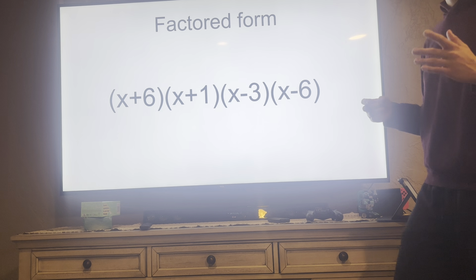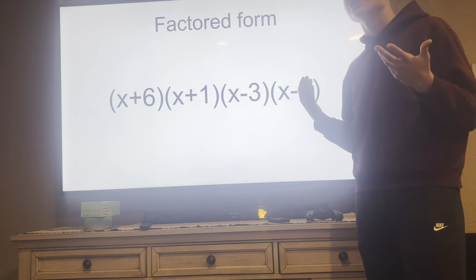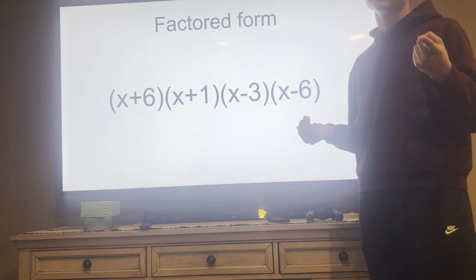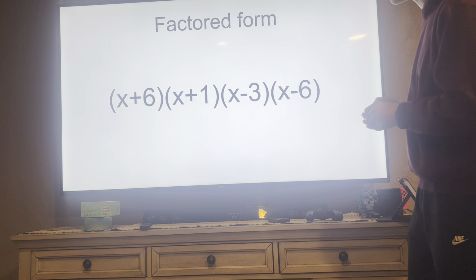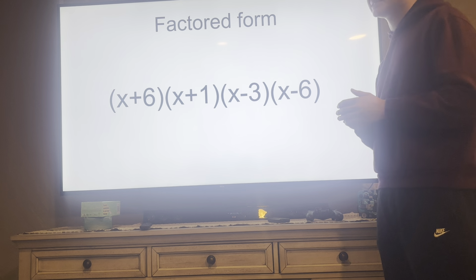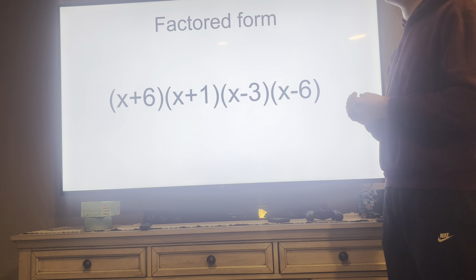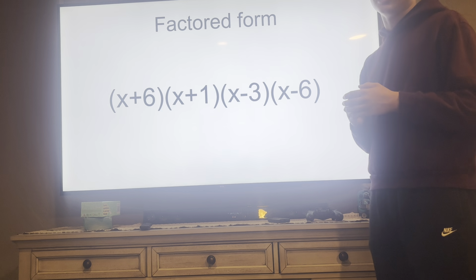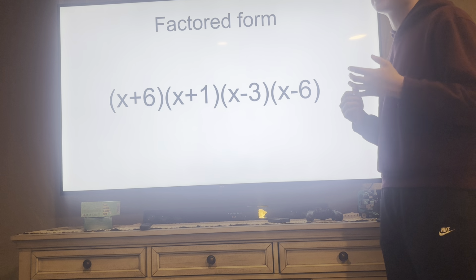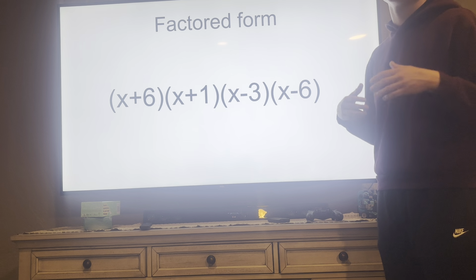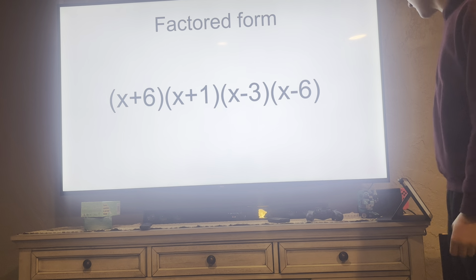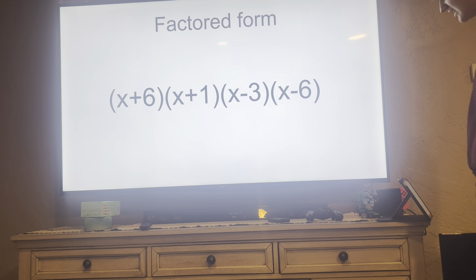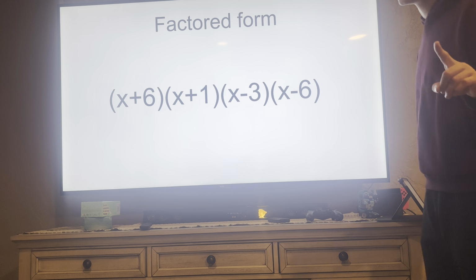And if you have an imaginary solution, those always come in pairs. That's always important to keep in mind. I don't use any for this purpose, but just remember, if you have an imaginary solution like 3 plus i, it wouldn't just be 3 plus i, it'd be 3 plus i and 3 minus i, because they always come in pairs. But we don't have to worry about that,